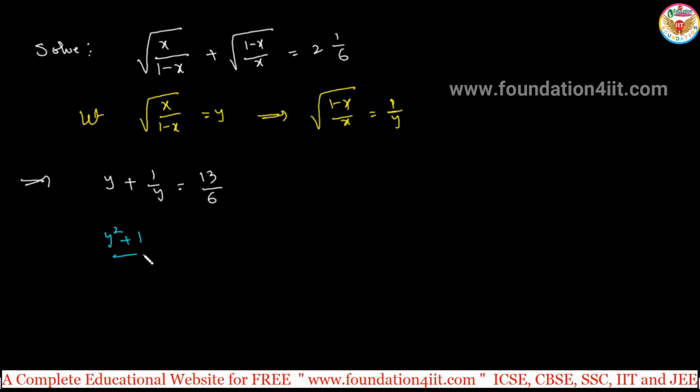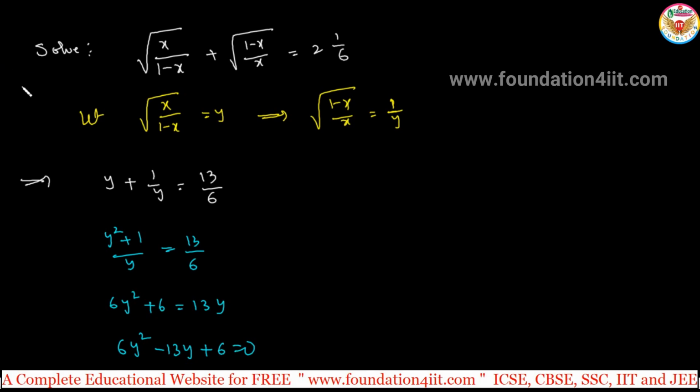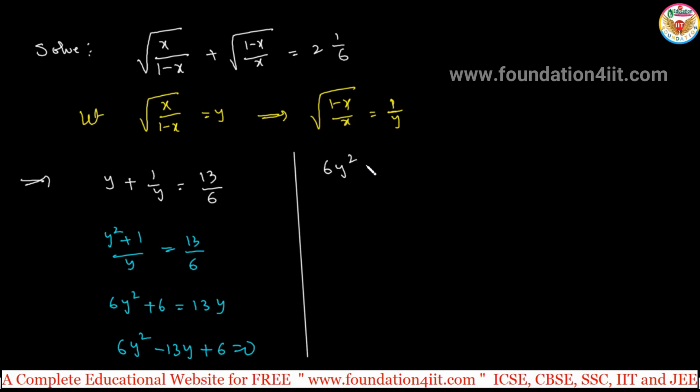This you can simplify. So y square plus 1 by y, if you do LCM, is equal to 13 by 6. Finally 6y square plus 6 is equal to 13y. Then 6y square minus 13y plus 6 is equal to 0. In terms of y, we have to factorize this. So finally 6y square, 6 sixes are 36, no? So you have to split into two parts, minus 13y. Finally you should get 36,